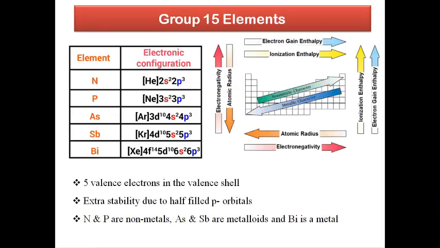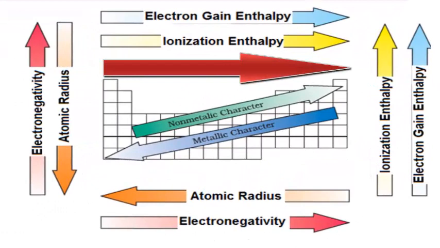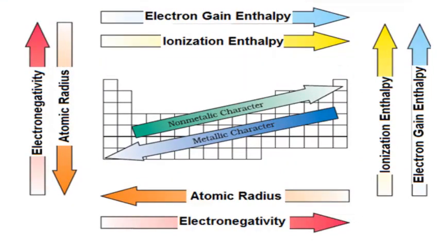This picture explains the trend in their physical properties. When we move across the period, the electrons are added to the same shell. As a result, the effective nuclear charge on the valence electron increases and the size of the atom decreases. But when we move down the group, the new electrons are added to a new shell and hence the effective nuclear charge on the valence electron decreases. As a result, the size of the atom increases down the group.